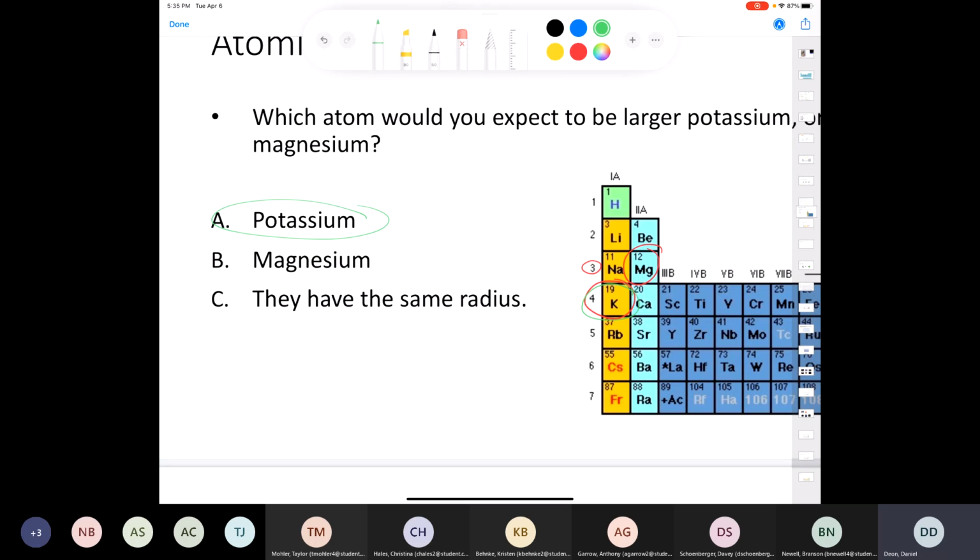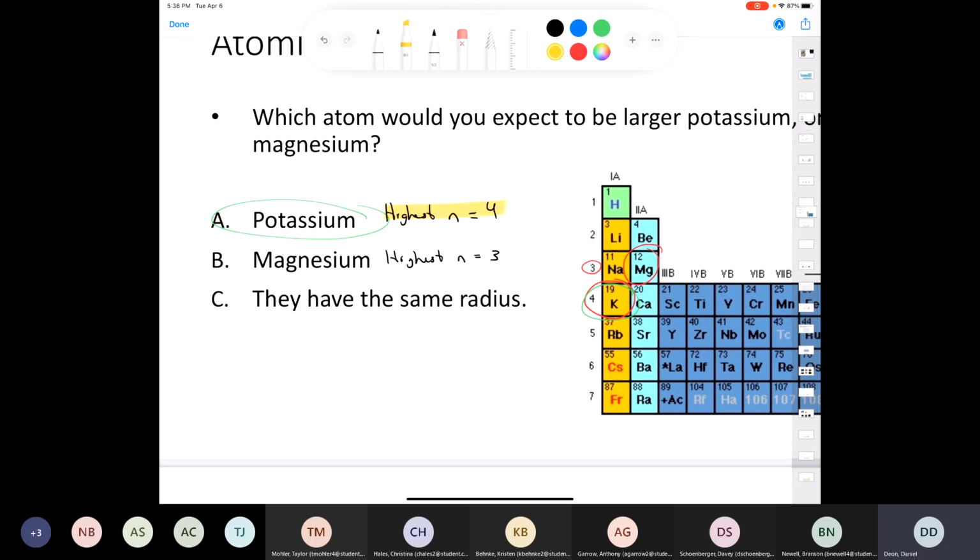And we're not going to calculate principal quantum number here. The rationale is going to be the principal quantum number. Potassium has the highest n, right? n is equal to 4, and the highest n for magnesium is going to be 3. And so since potassium has a higher principal quantum number for its valence electrons, it's going to be significantly larger